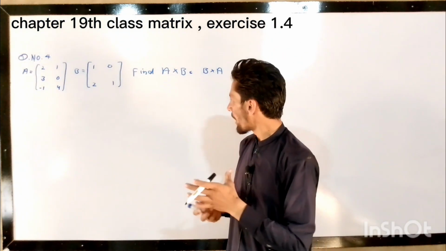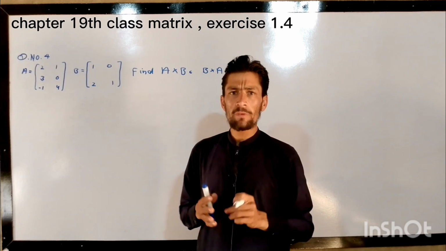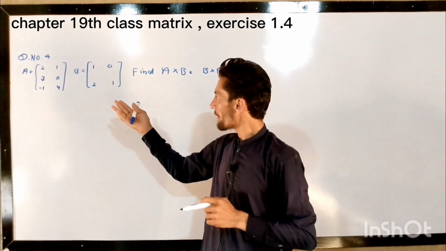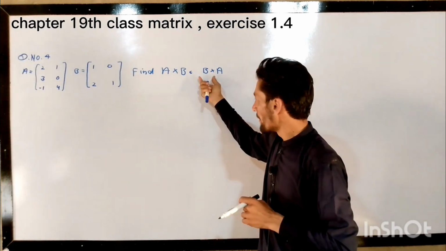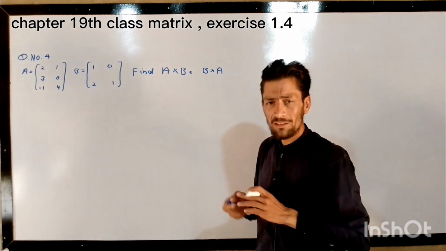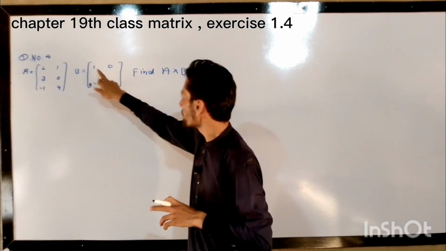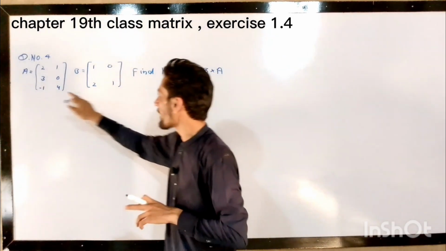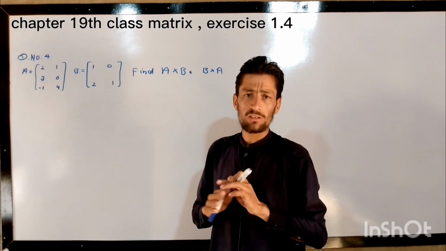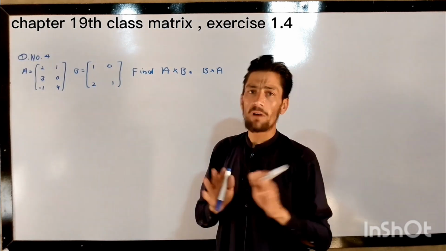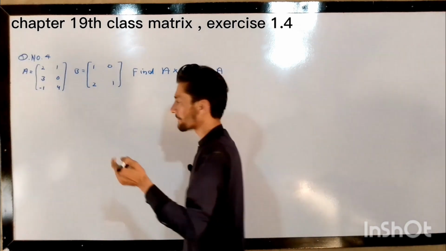Dear student, this is also an important question of this exercise. Question number 4. Here we have two matrices given by the book. The first one is A and the second one is B, and they are asking us to find the value of A cross B and check whether B cross A exists or not. So here I will keep a view over it that B cross A, in matrix B I have 2 columns, but in matrix A I have 3 rows. It is not possible. The first question is completely solved by yourself. Now, to find the value of A cross B, let's move.